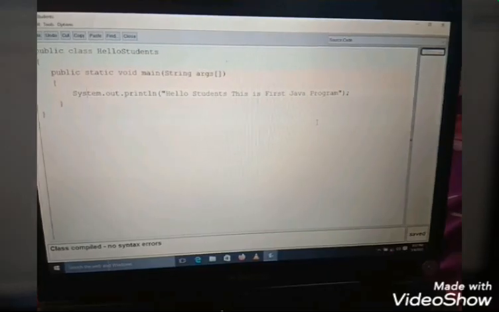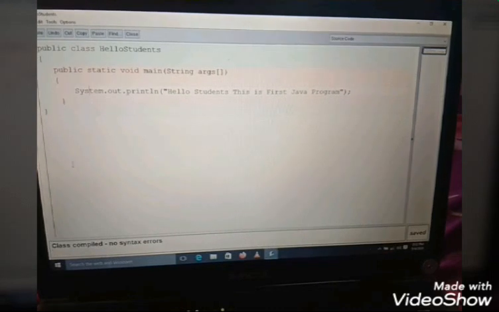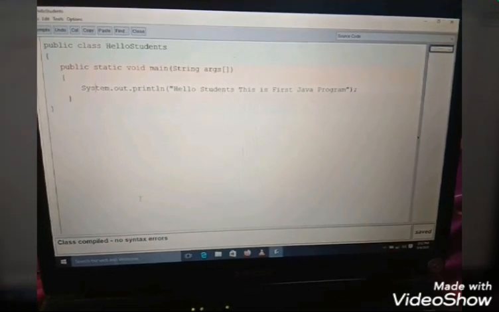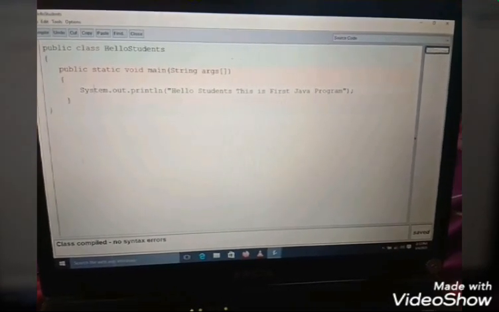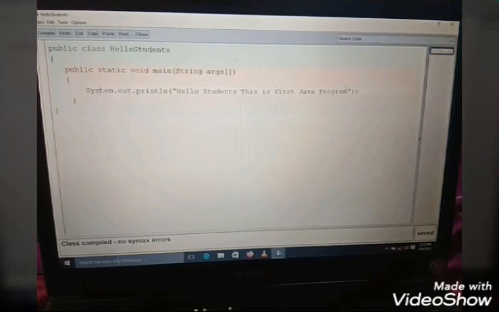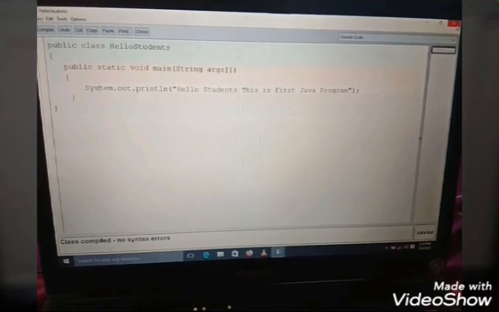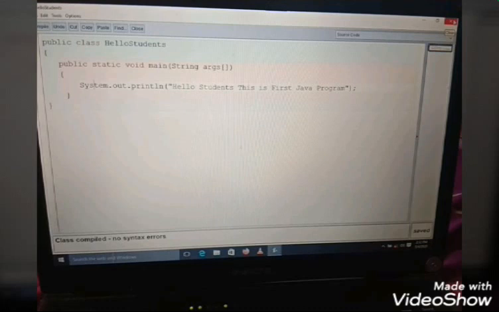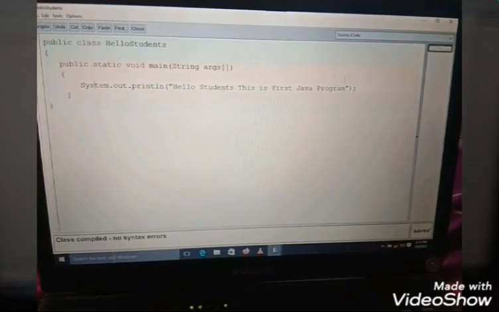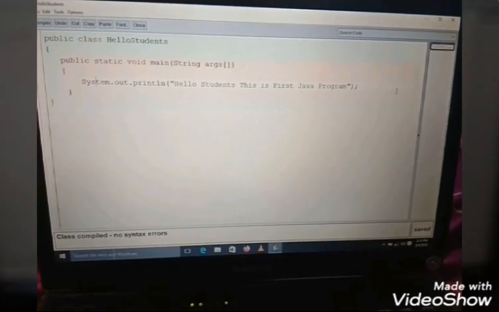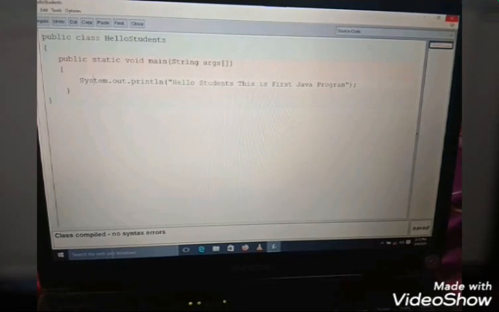When the message is given that the class is compiled and no syntax error, then you have to go here and close the source code window. This window is called the source code window. So you have to close this source code window and come to this class name and right click on the class name.